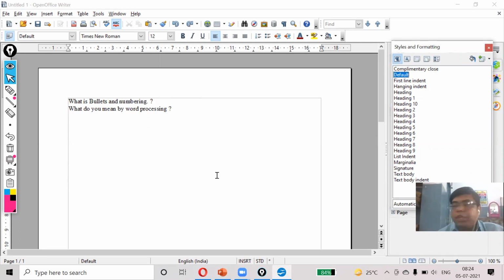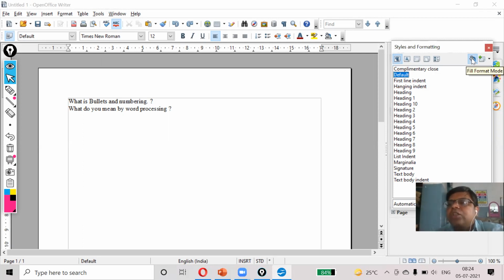If you want to apply a style on different lines, different paragraphs, then you must use fill format mode. You can see it here at the right side.